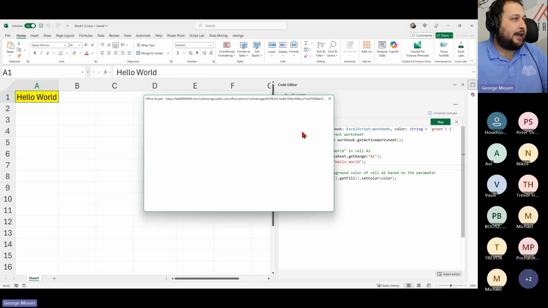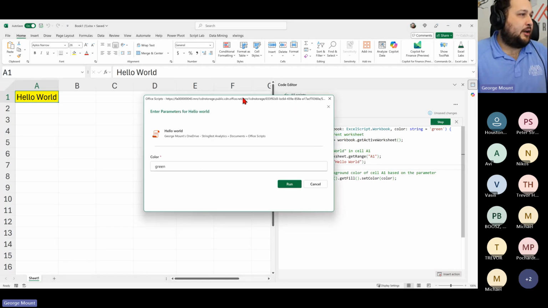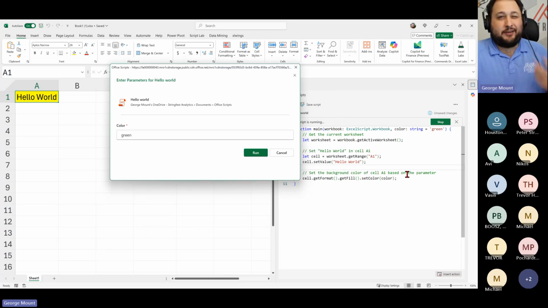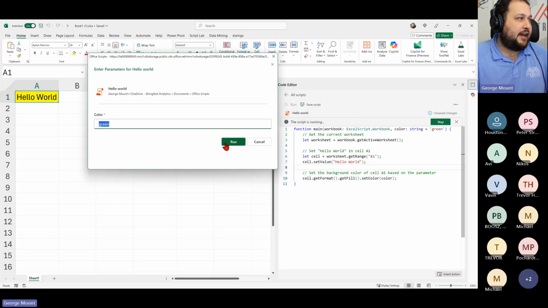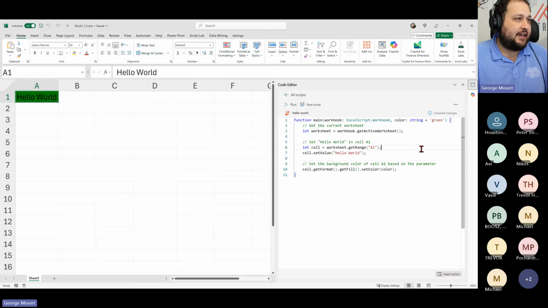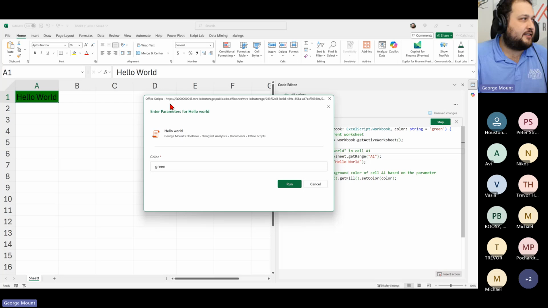Let's go ahead and run that. And you'll actually see that when we do this, we're adding a little bit of interactivity to the workbook. So we just set up a default color here. Okay, I'm going to go ahead and run that, and we can try that out again. But this is a way to build just a really quick, easy user form, right? You don't have to set up your own user form. It'll just set this up automatically. Okay, hello world, there's the script, enter my parameter.